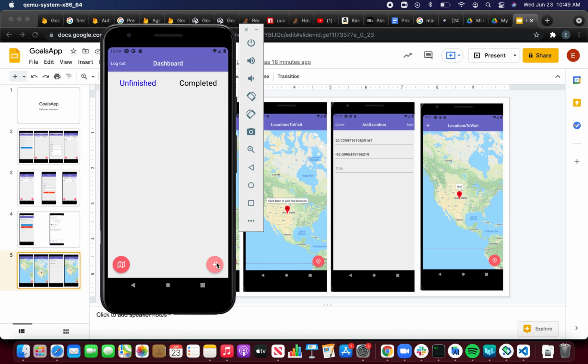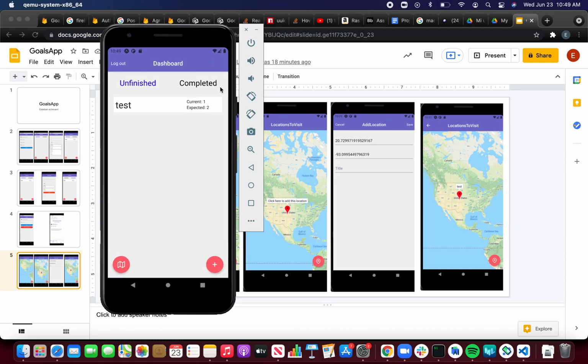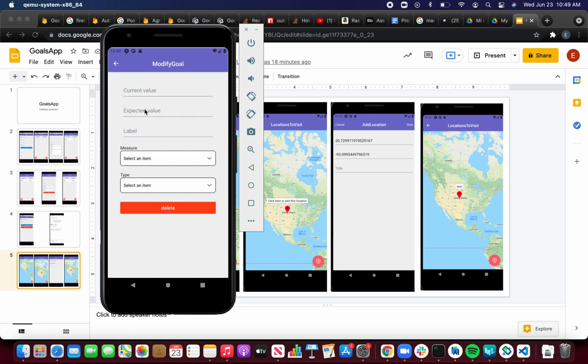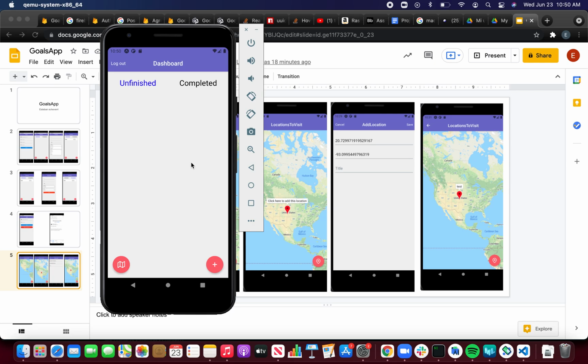I will add a new goal, the same of the examples before. Saved. It's here. I click on the goal. I want to be 3. Now my current value. It went to the completed,